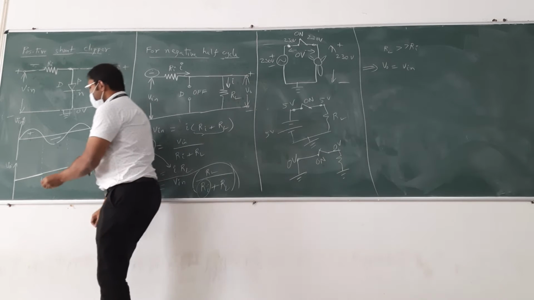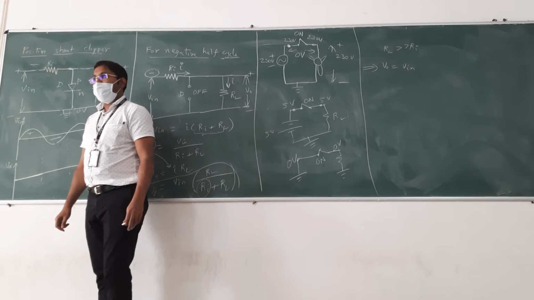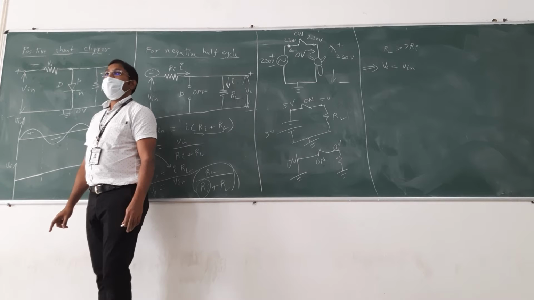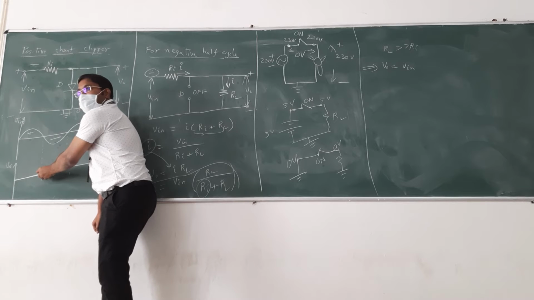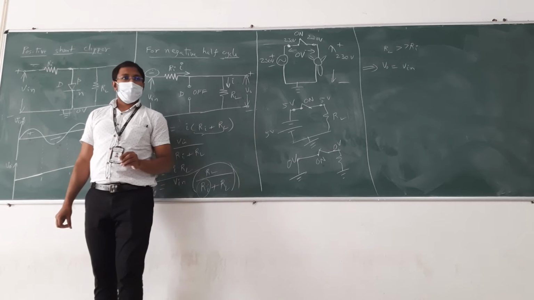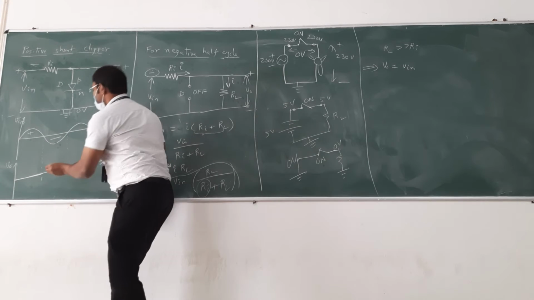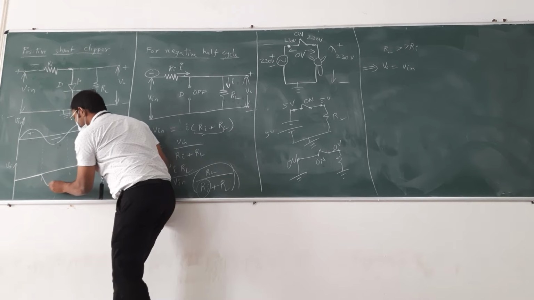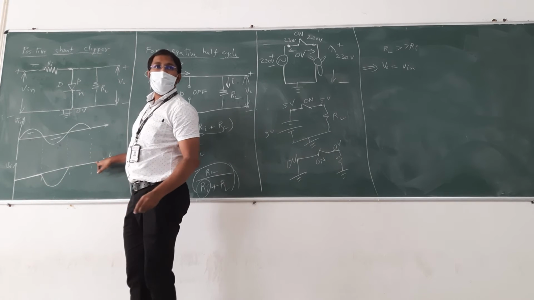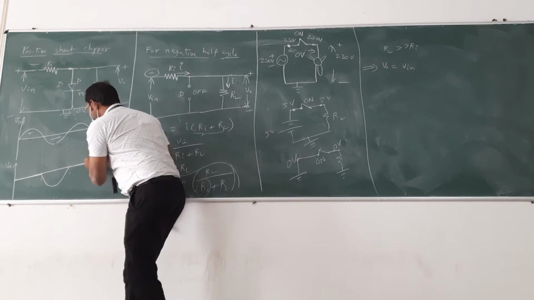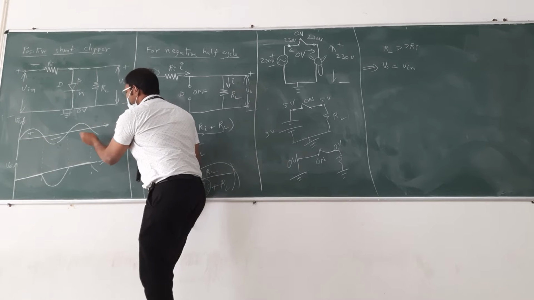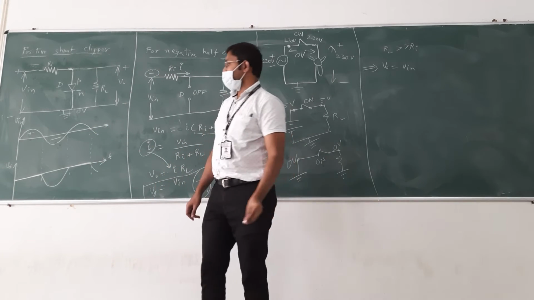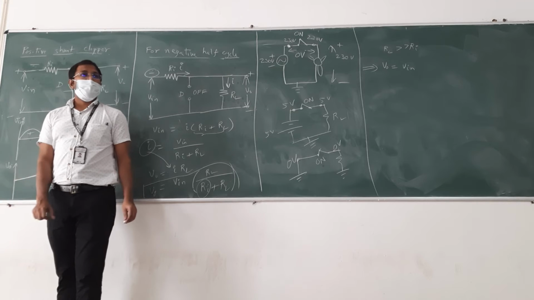Now, let us draw the waveform. Okay? So what will be the waveform? Anybody? What will we get here? Negative half cycle or positive half cycle or no cycle? What will we get here? Negative half. Okay, right? Negative half cycle we will get. What about here? No signal. Okay, right? So this is what we will get again. The cycle continues, so we will get the negative half cycle. Okay, so this will be the V naught.